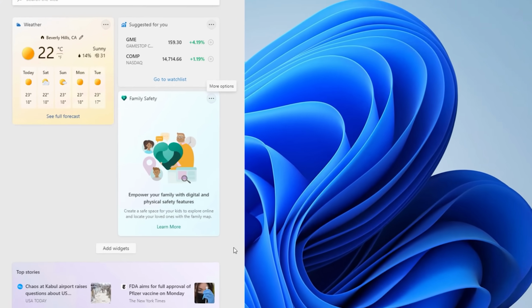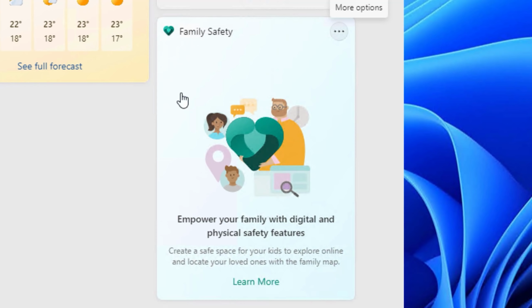So the minor one is a new widget. It's for families, I guess. If you have family accounts tied to your Microsoft account, you can just keep track of stuff. It's just on the widgets panel. Nothing too exciting there, but I'm glad that they're adding more widgets. And again, I'm not 100% sure if they'll allow third-party widgets to be added, but it's good that they're adding more. That's good hope for it.